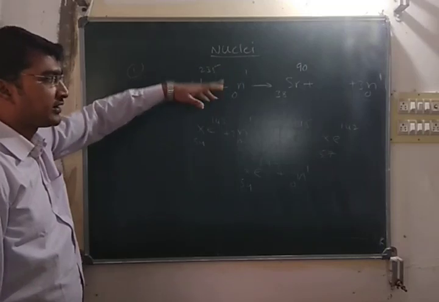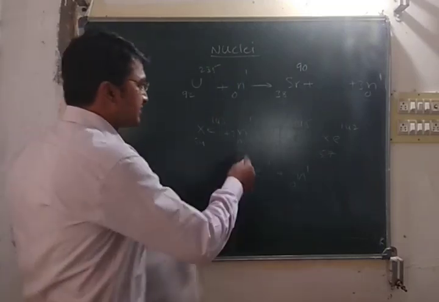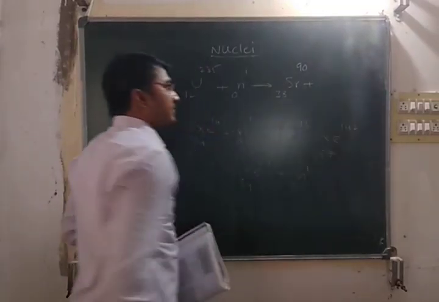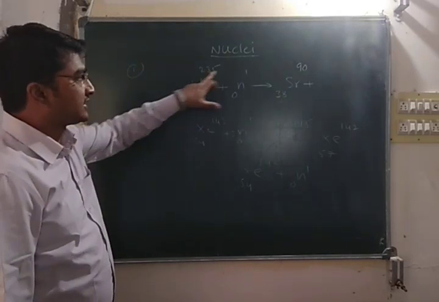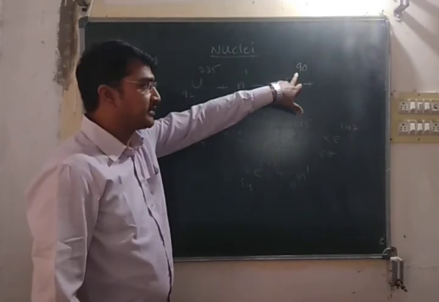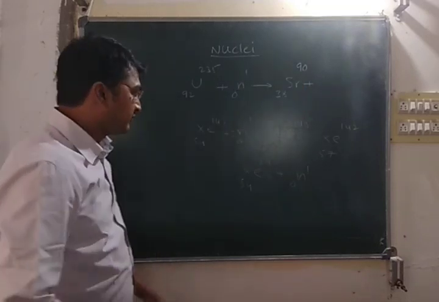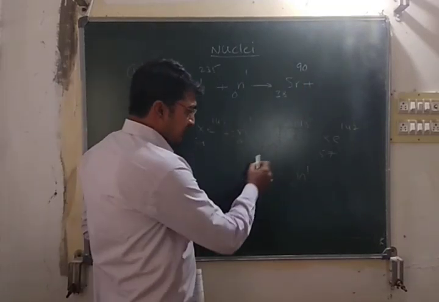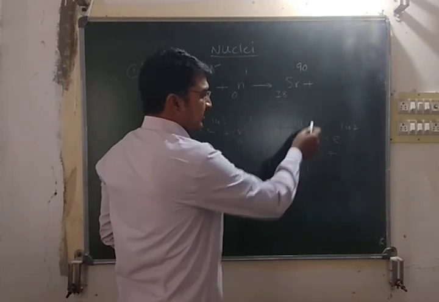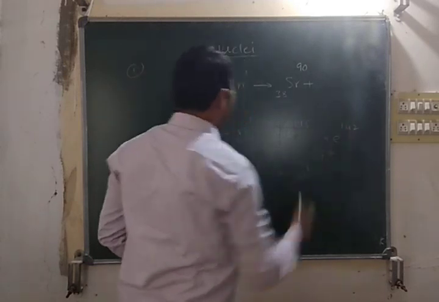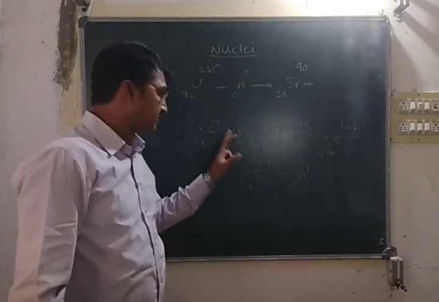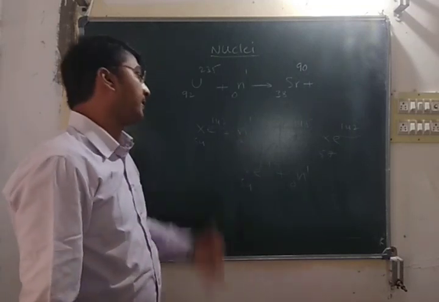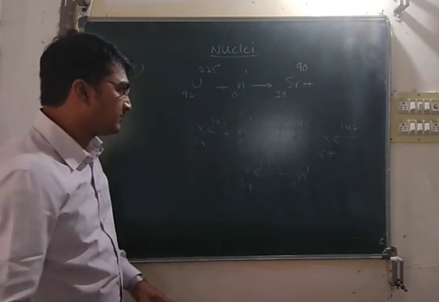If you remove it, you will get the data. Taking 146 with 136 and the 90 already there, where will 146 tally? Here it does not tally, so it is not possible. So only in one case will it work. Compulsorily three neutrons must exist, and you have to remember that.